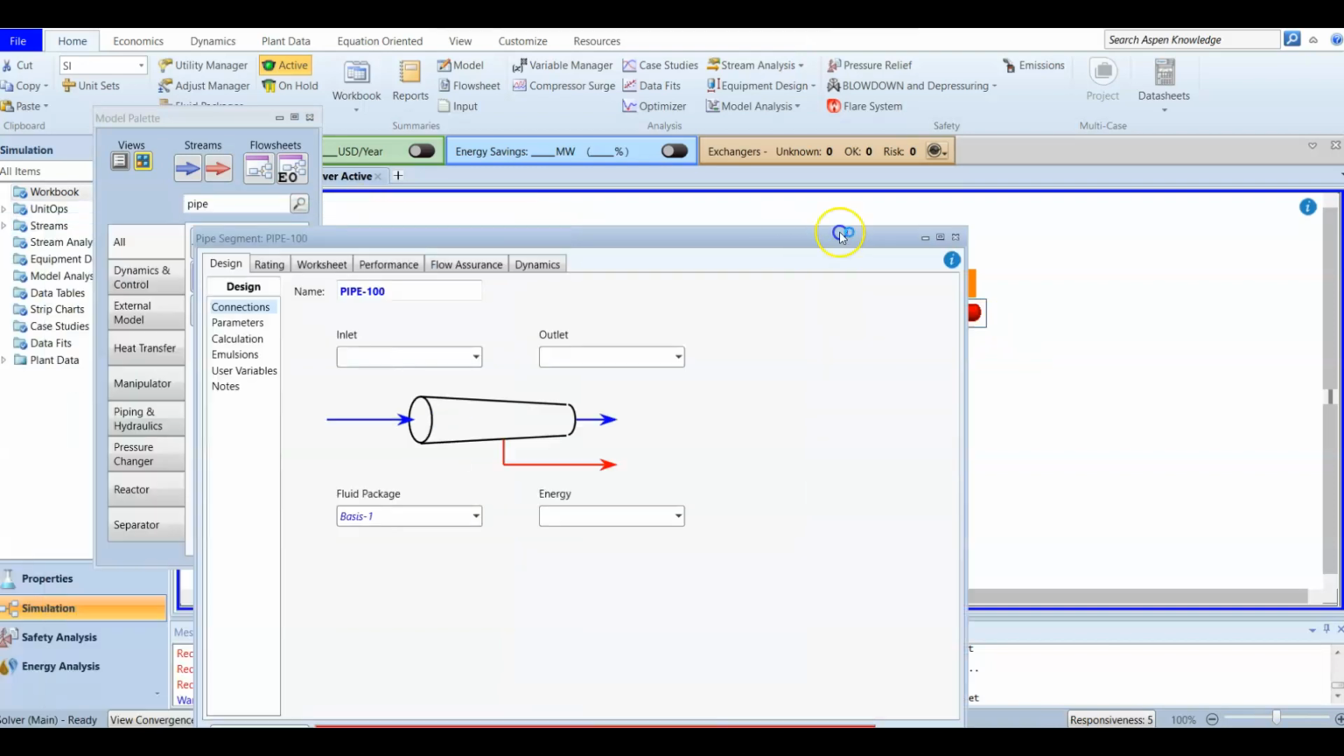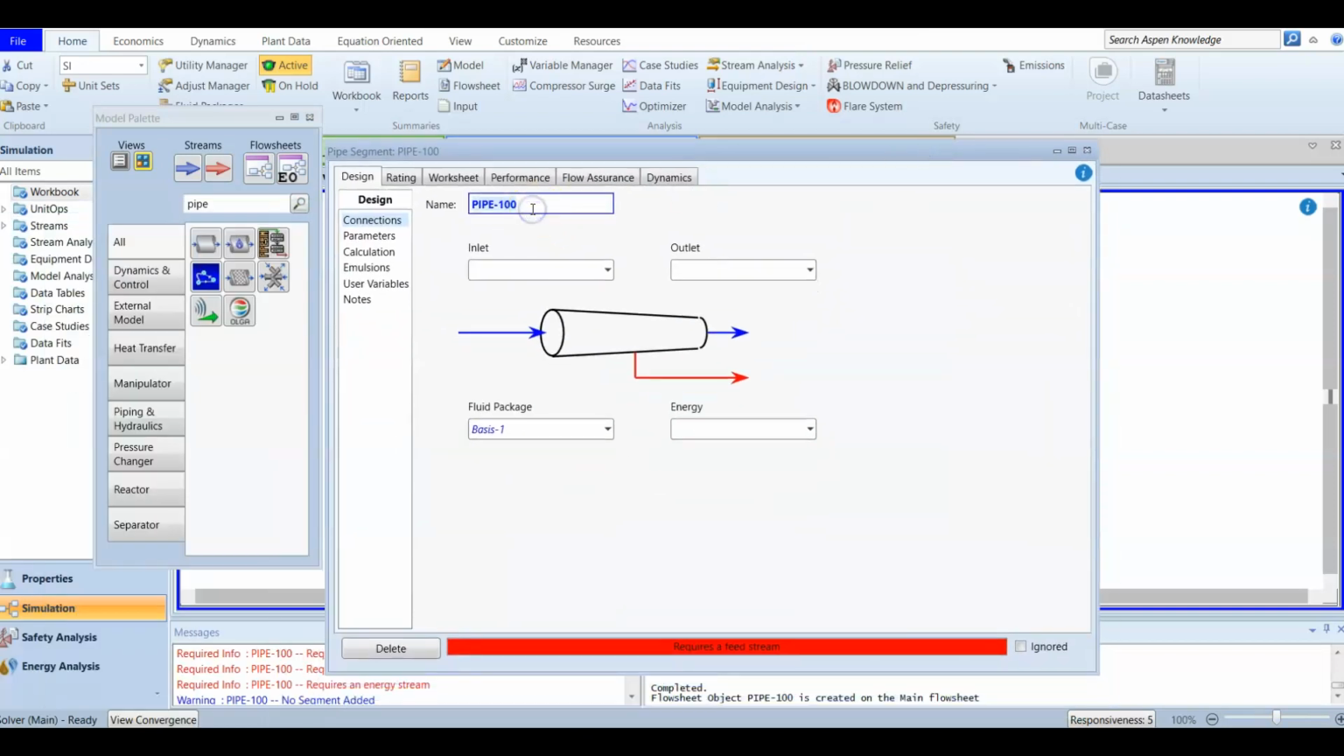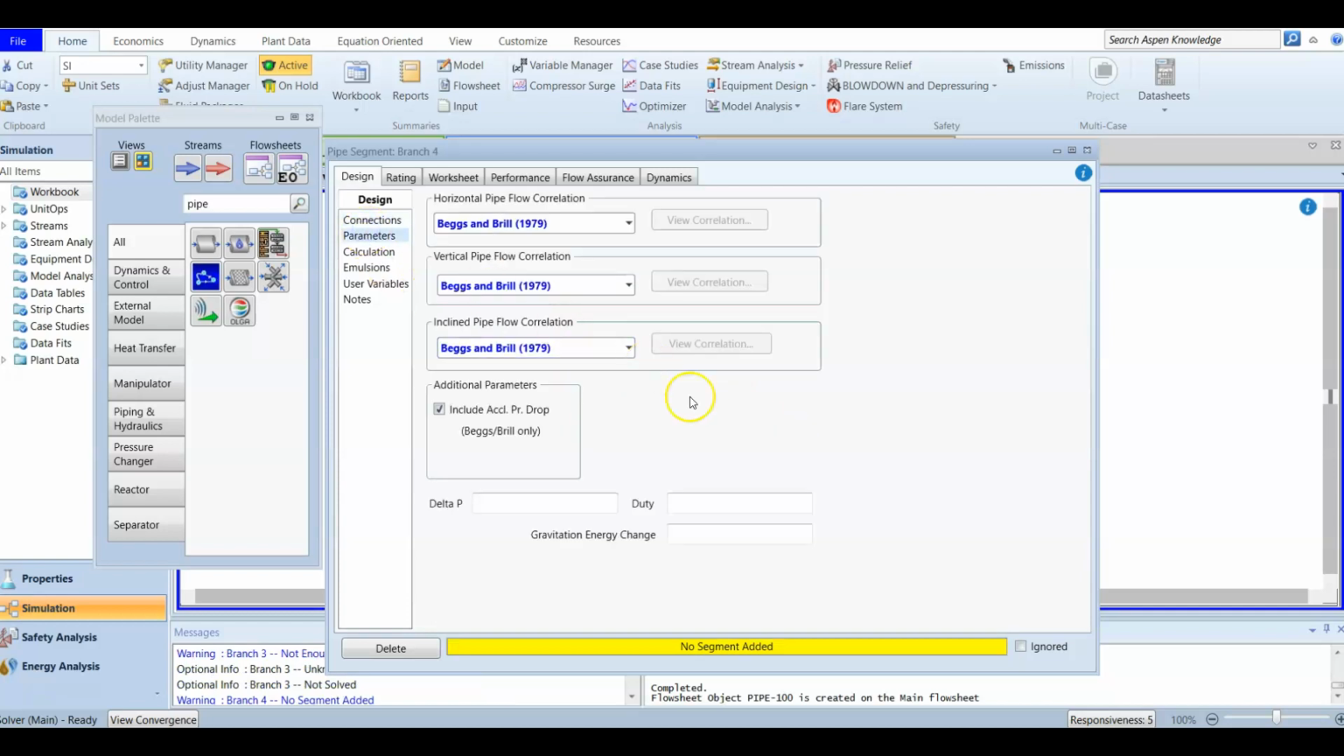Double click to open it and update the information. In this case, it would be our branch number 4, and its inlet will be G1 out. This is the outlet from the mixer, and the out here will be our P4 out. This is our branch number 4 out. In the same manner, we do P4Q, and we enter the parameters. Here we are going to